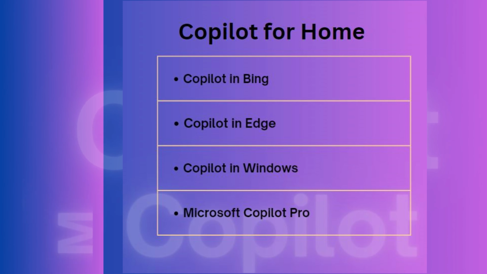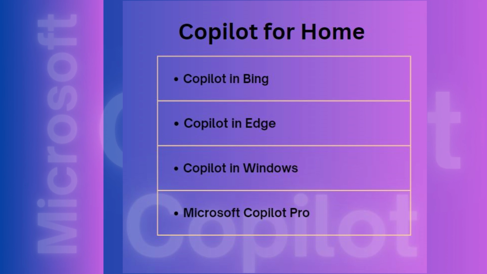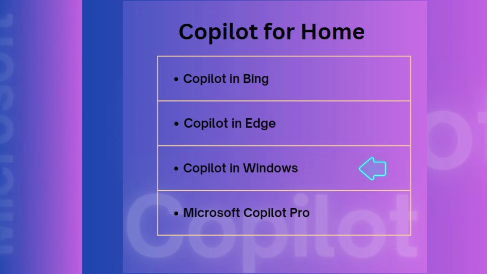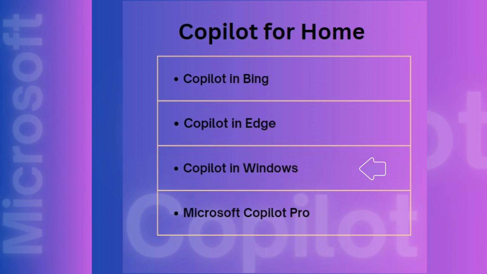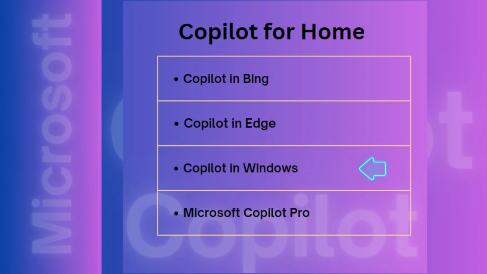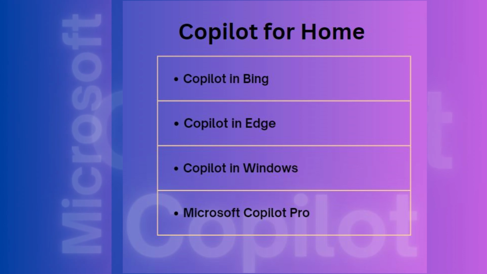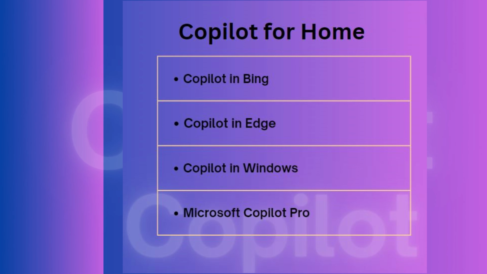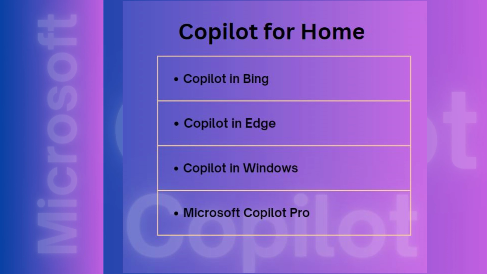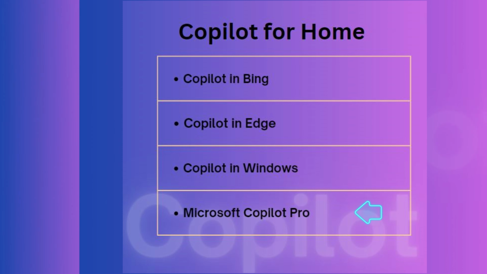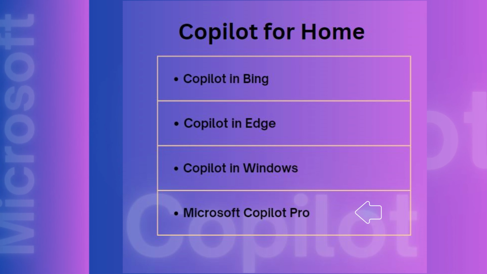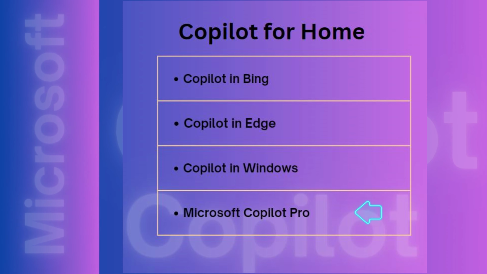In the Copilot for Home umbrella, there are 4 assistants. From that, Copilot in Bing and Copilot in Edge are browser-based assistants. Copilot in Windows is for the Microsoft operating system. Currently, it is available in Windows 11 and some versions of Windows 10. These 3 assistants are free, and due to that, there are some limitations. I will explain these limitations later in this video. Microsoft Copilot Pro breaks the free version limitation and adds cutting-edge AI to your favorite Microsoft 365 apps to help